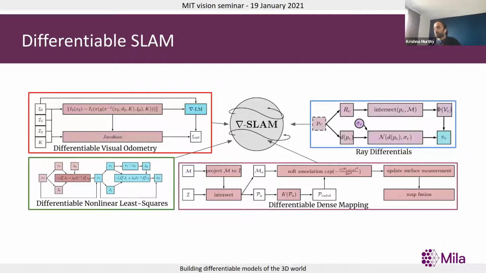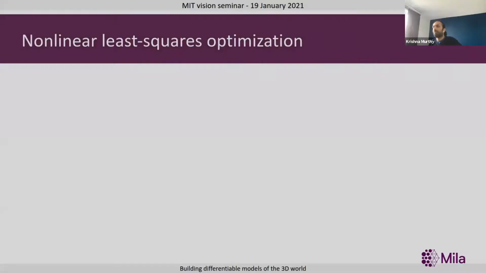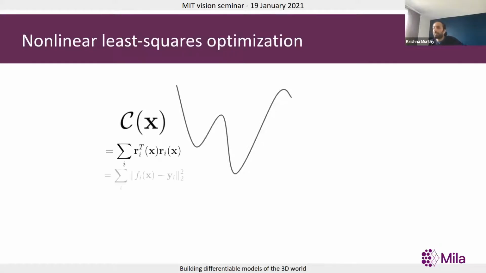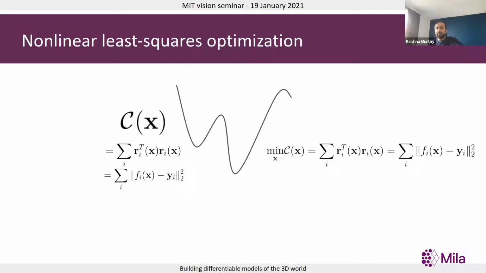I'll probably not go through all of these components, but for the sake of time, I'll cover one component in a little detail. There's nonlinear least squares optimization, which is a core component of SLAM. If you want to reconcile multiple views, register depth images from two views, even fuse, it's all a nonlinear least squares problem in general. And as with any nonlinear, non-convex optimization, you do not necessarily have a unique global minima.